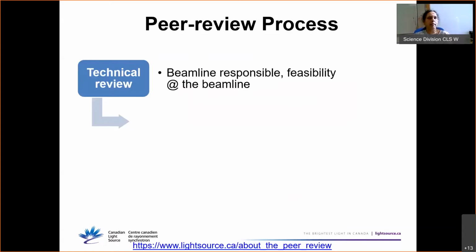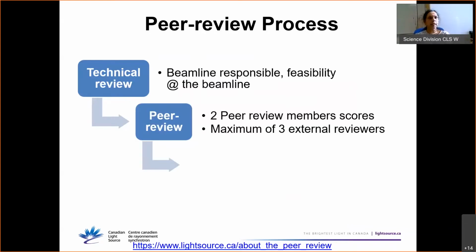They don't do anything else. Okay. So that's where I will insist again that when you want to submit a proposal to a beamline, the best person to contact, and you have to contact, is the beamline responsible. Once they say, yes, this proposal is fit for this beamline, then it goes to the external peer review committee.